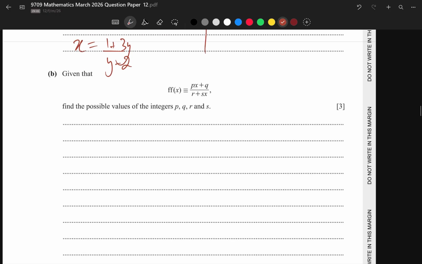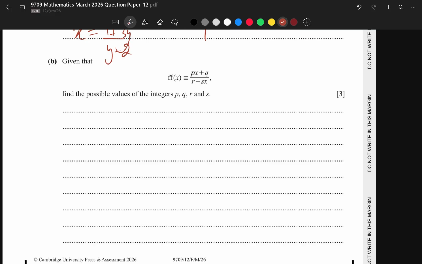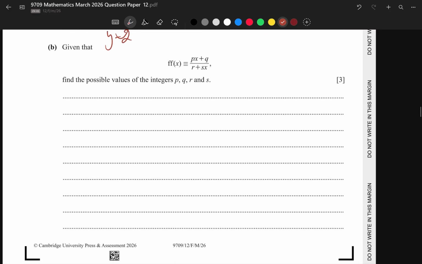Moving on, the B part says that given that f of f of x is equal to (px plus q) over (r plus sx), we have to find the possible values of the integers p, q, r and s. So let's put the function f into f. So 2x, and in the place of x we'll have to put the function again. So let's say 2 multiplied by (2x plus 1) upon (x minus 3)